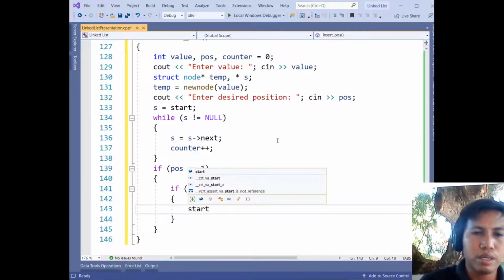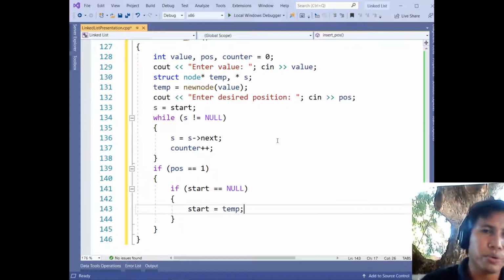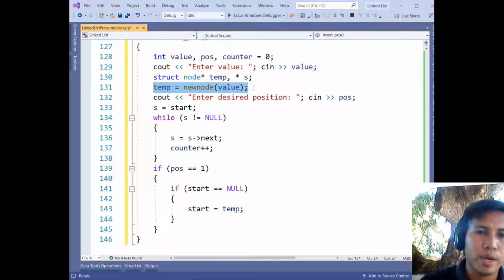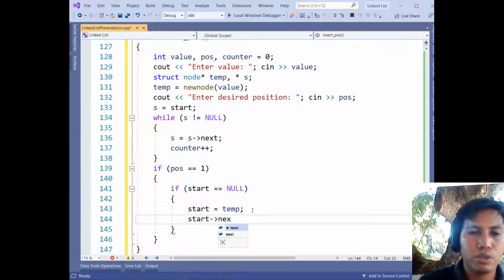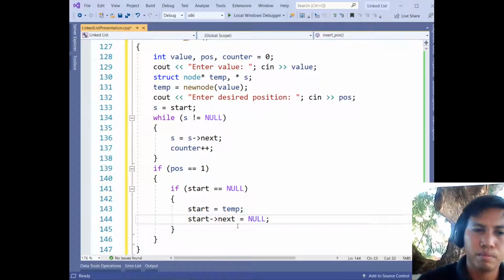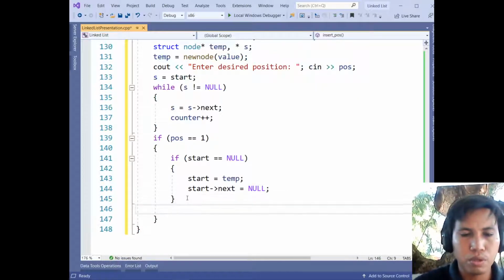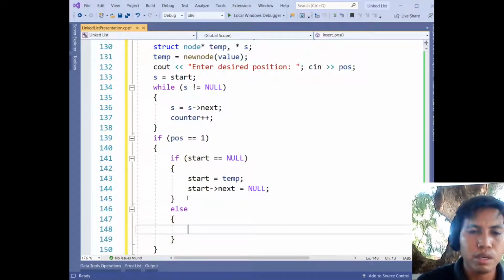So, start, the head would now be equal to the temporary variable we have created, ito po yan, this one. So, start will now be equal to the new node we just have created. Then, the next pointer should be equal to null. Otherwise, if it's not empty, so else, what should we do? If it's not empty,